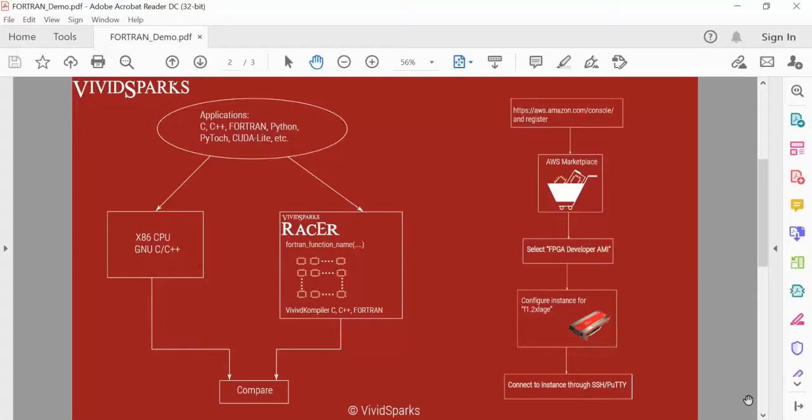Then you go for F1 2x large. After selecting storage, IP protocol and so forth, you create the instance. Once you have the instance, you can connect either through SSH or PuTTY. Once you are connected, and assuming that you have loaded our FPGA image and the programming model, the next step is